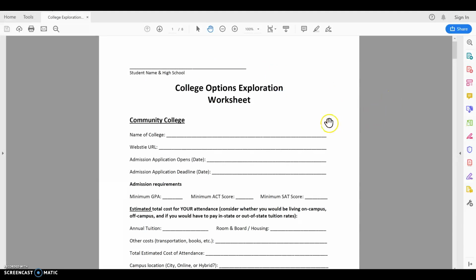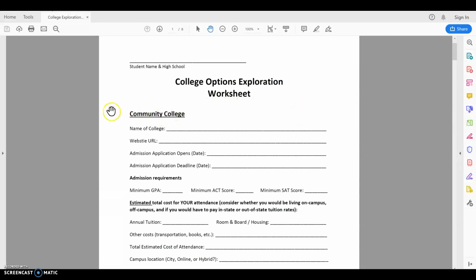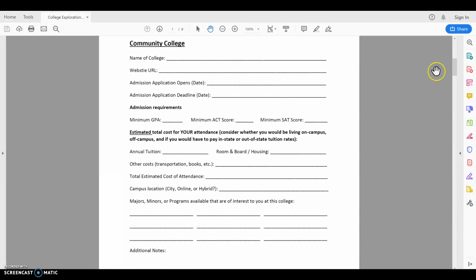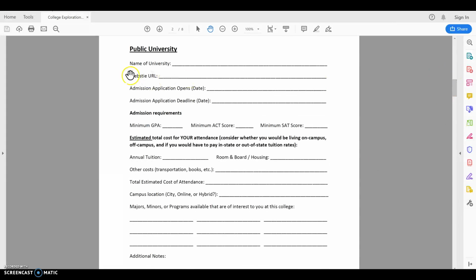And then I want you to also notice that not every page of this worksheet is the same. On this one, you'll see that the title for that section of information is Community College. That's because I want you to look up at least one community college of your choosing. And then you'll notice that the second page is for a public university. So I want you to think of a public university that you're interested in and fill in all the information